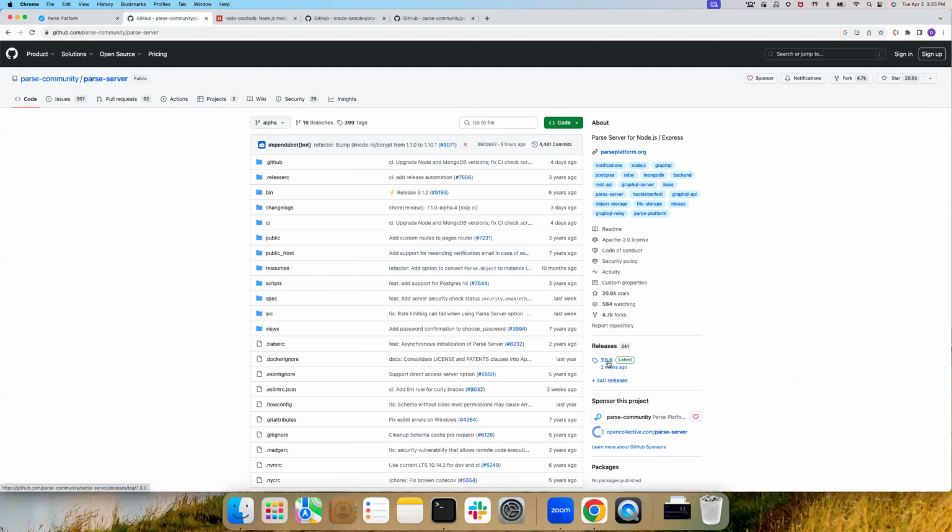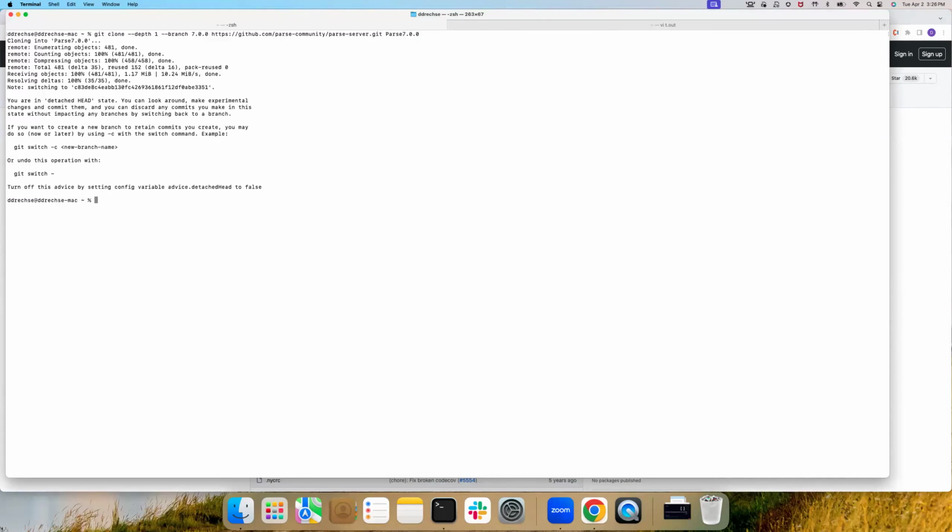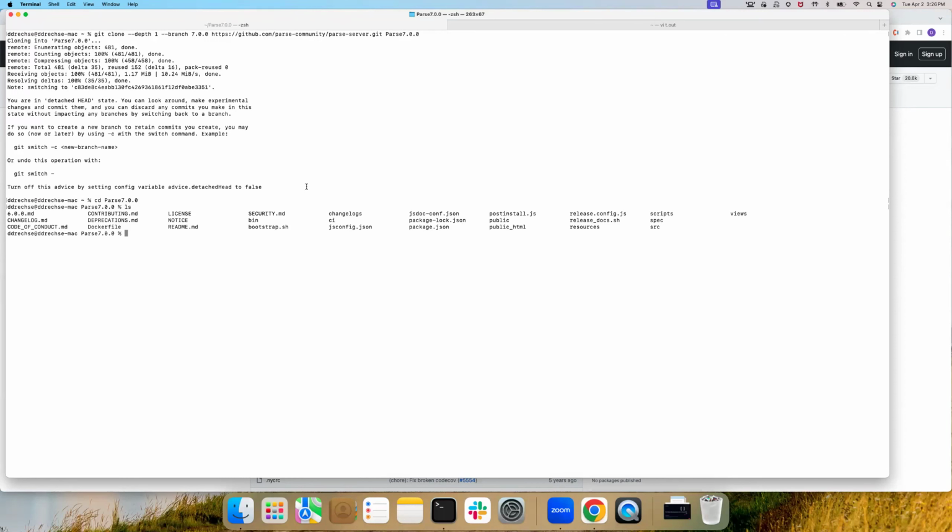So the first thing we're going to do is grab that server source code from GitHub. The latest release is 7.0. So let's clone that. All right, we're going to clone that into a parse 7.0.0 repository. Okay, so let's change into that. And here is the server code. If we go down, as you can see, there's a directory called source. If we cd into source/adapters/storage,